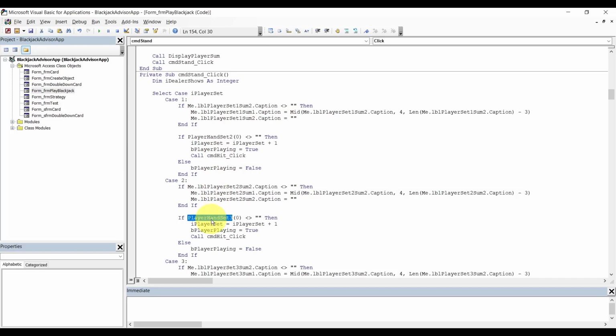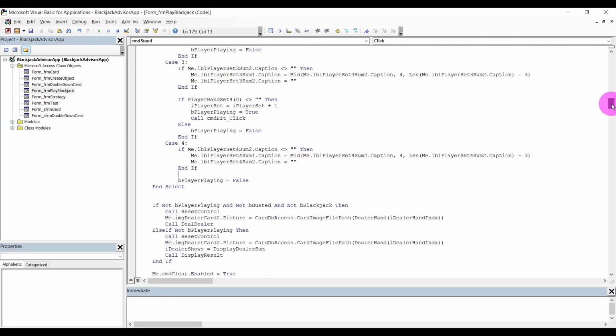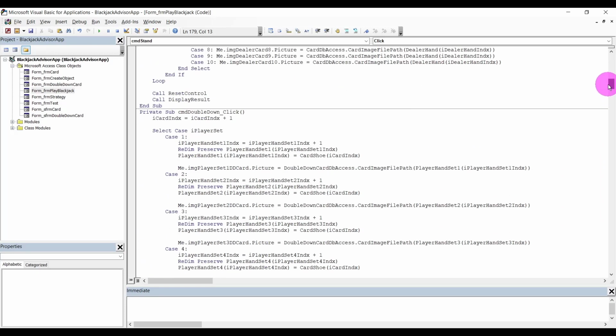Is that guy empty? If he's not empty, he is playing. How about this guy? Is he empty? Yes. Well, he is not playing, you see. And then of course, if you stand on the last set, you are automatically not playing. You're done. And that's that. Now we need to